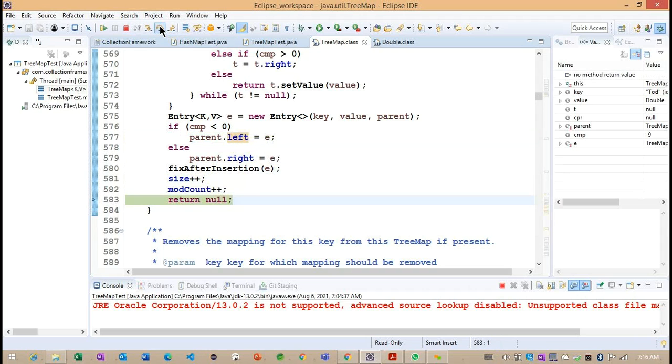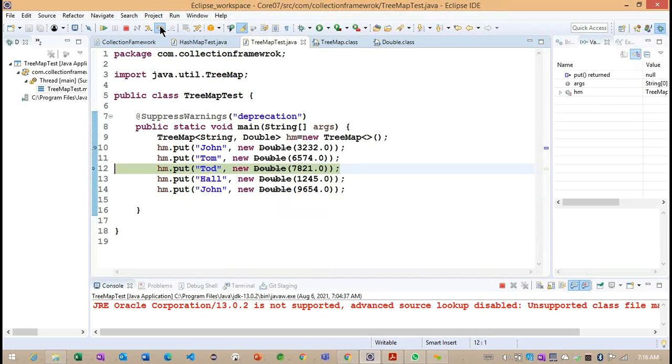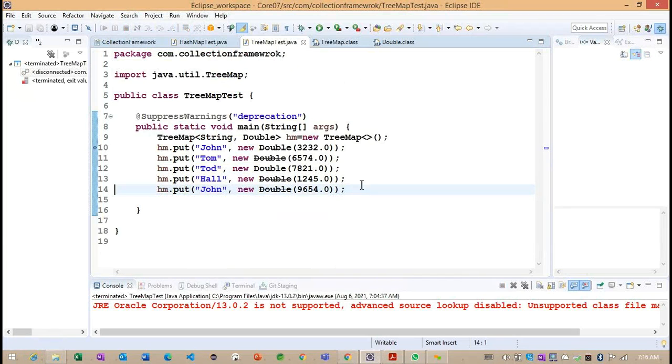Size plus plus, mod count plus plus. This is the way the put method is implemented. Now what I want to write here,